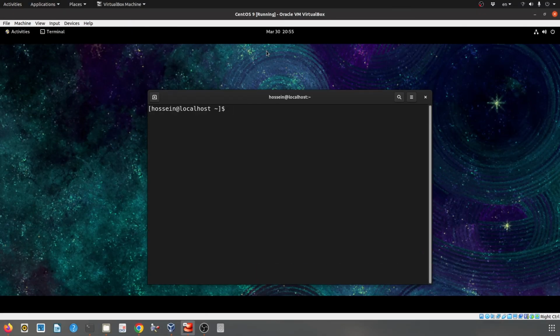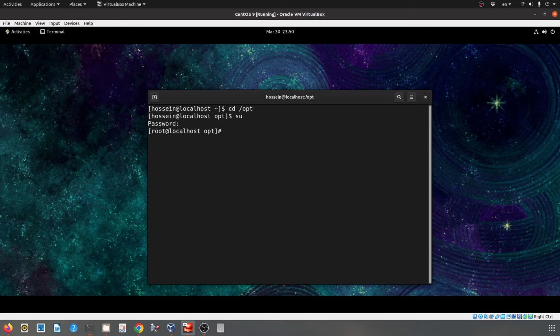Okay, like what we did in Ubuntu, let's extract the binary file in the opt folder. And now we need root permission to write files in the opt folder. So I'll switch to the root user by the su command and then just enter the root password. Okay, notice in the shell prompt the $ sign has changed into a hash sign, and it means that we are now doing jobs as the root user, and this is the same as putting sudo before commands.